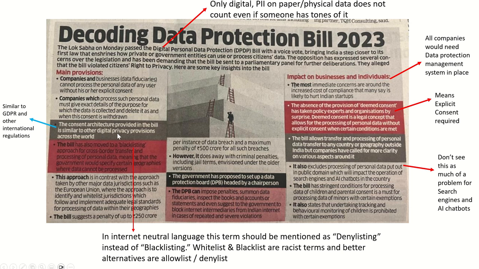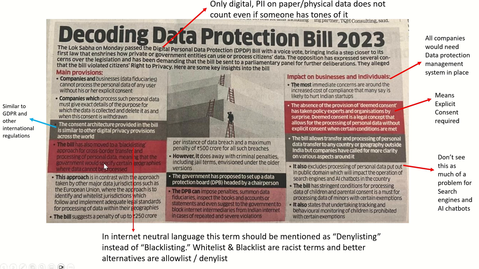The consent architecture of this bill is very similar to other international data regulations, and it is at par with GDPR, which stands for Global Data Protection Regulation, and it is a European Union data protection standard, and the bill is following the principles that are stated in GDPR.